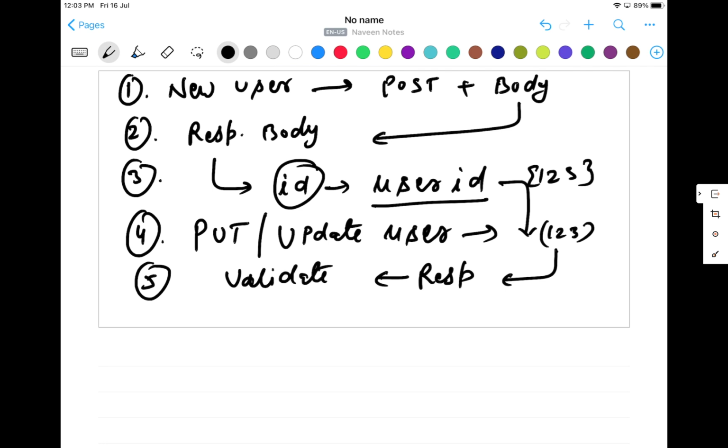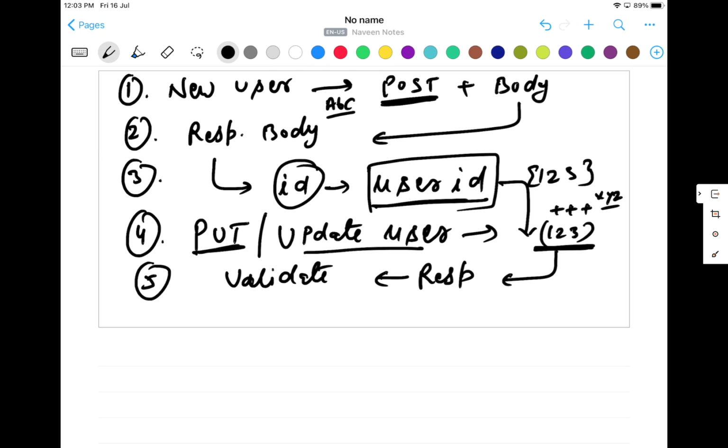So when I try to update the user, I'll be passing this 123. Along with that, I'll be passing some extra information, like the telephone number I want to update, or the email ID that I want to update. So the first time when we created the new user, the email ID was, let's say, abc@gmail.com. Now I want to update its email ID to xyz.com. Then validate like this. So first you create the user with the POST call, then get the user ID from the response programmatically, and then we will try to PUT or update the user with the same user ID, and then validate that. This is the use case that we have to write.